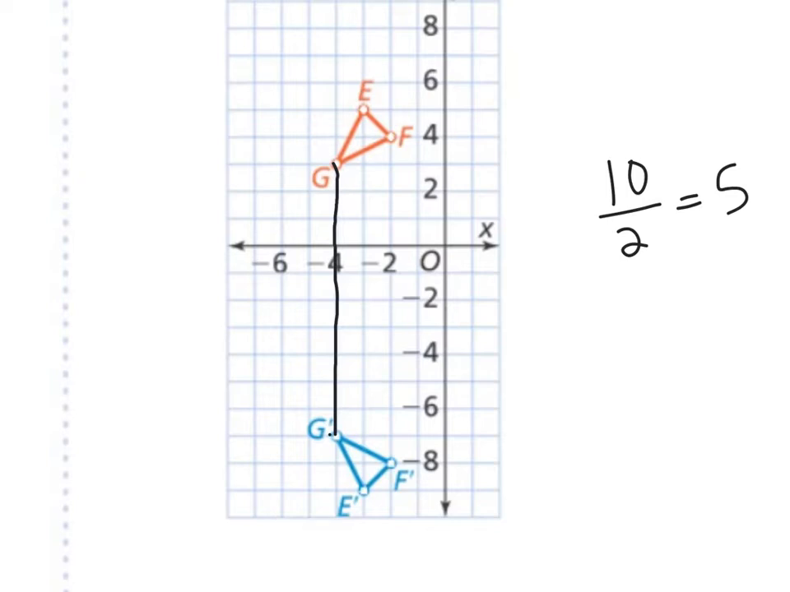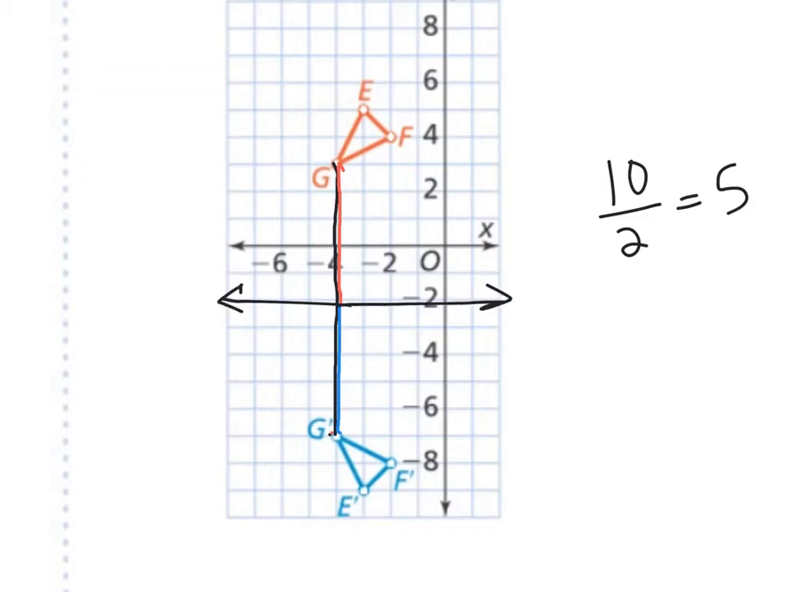Now, this doesn't mean our line is going to be necessarily like an x equals 5 or x equals negative 5. It just means we need to go 5 blocks away from either of these points. So if you go down from G, for example, 1, 2, 3, 4, 5, which you can double check, go up from G prime, 1, 2, 3, 4, 5, okay? That proves these are going to be the same distance from this line. That means our line would be right here,